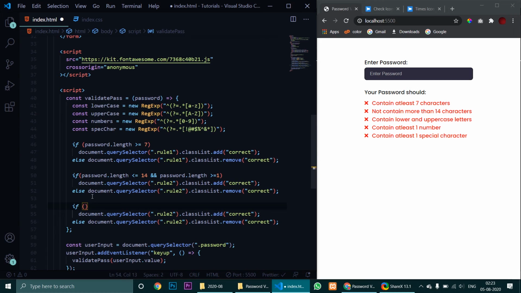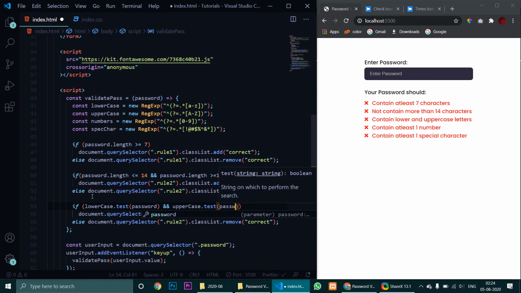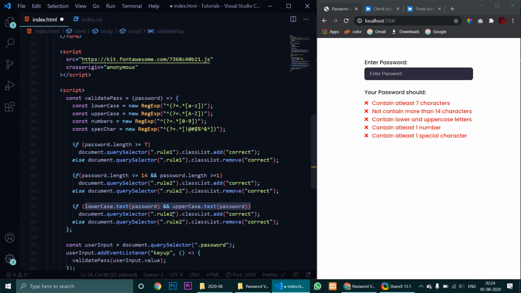Now if lowercase.test, and in the test function we will pass password, and then we will also have uppercase.test(password). So if both of these are true, then only we will add a class of correct to rule 3, and if any one of them is false, then the class will not be added.